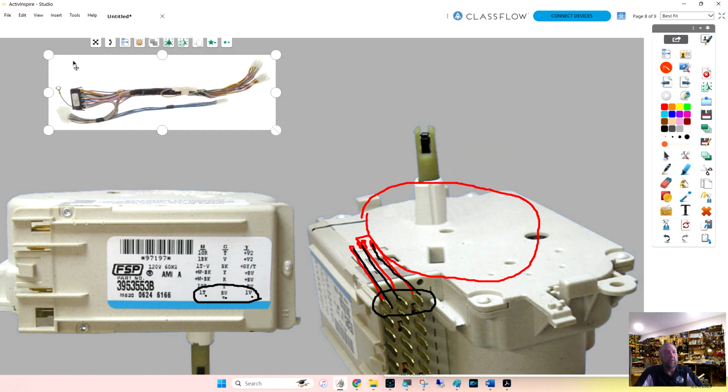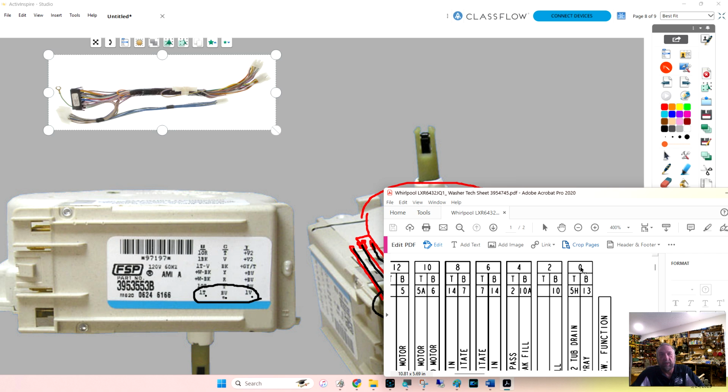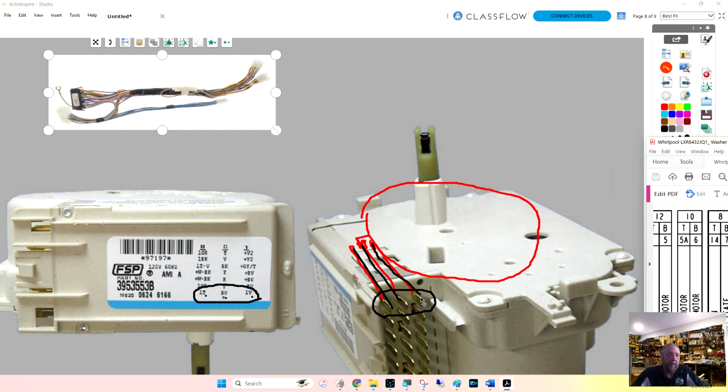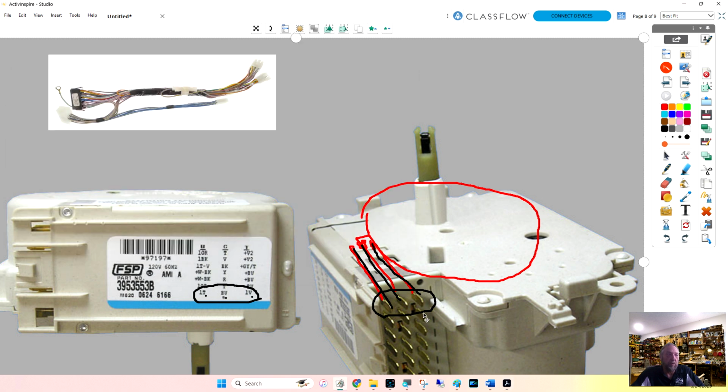So this piece, this round circle, is called the cam. And these 3 switches are cam 0. If we went to the chart here, violet, tan, and blue is cam 0. So I'm going to move it out of the way. This is 0. The next 3, if we go right to left, the next 3 is cam number 2. So these 3 here make up cam number 2.